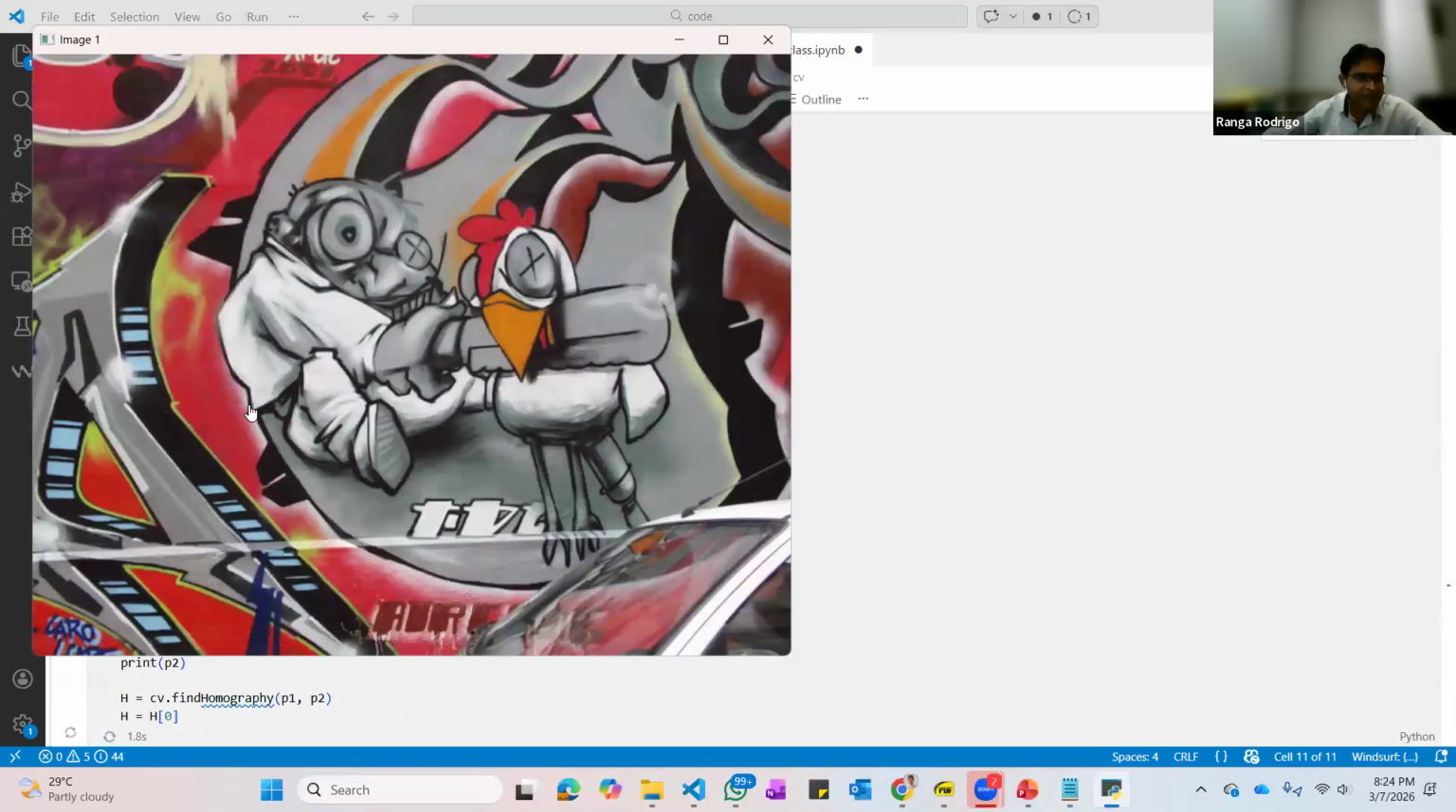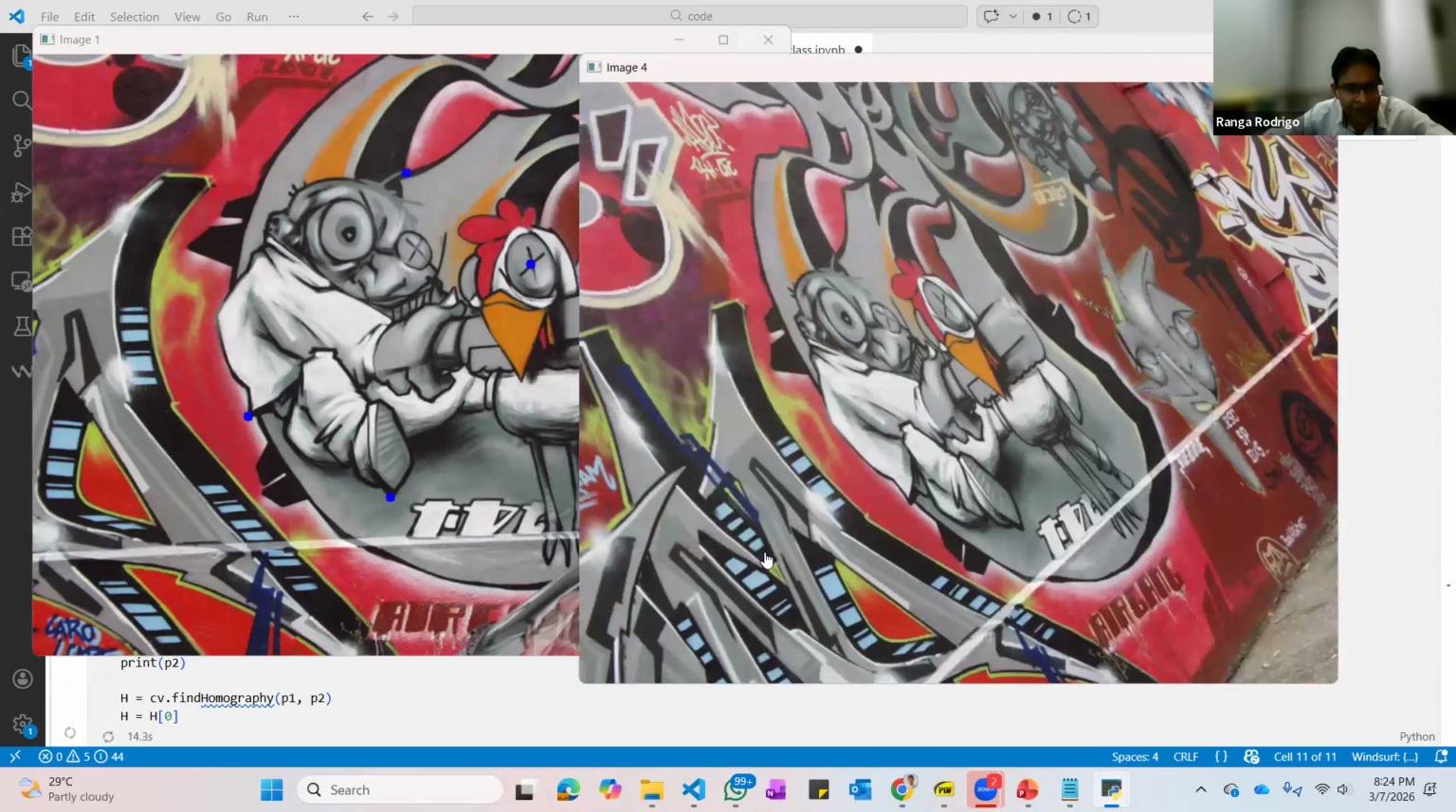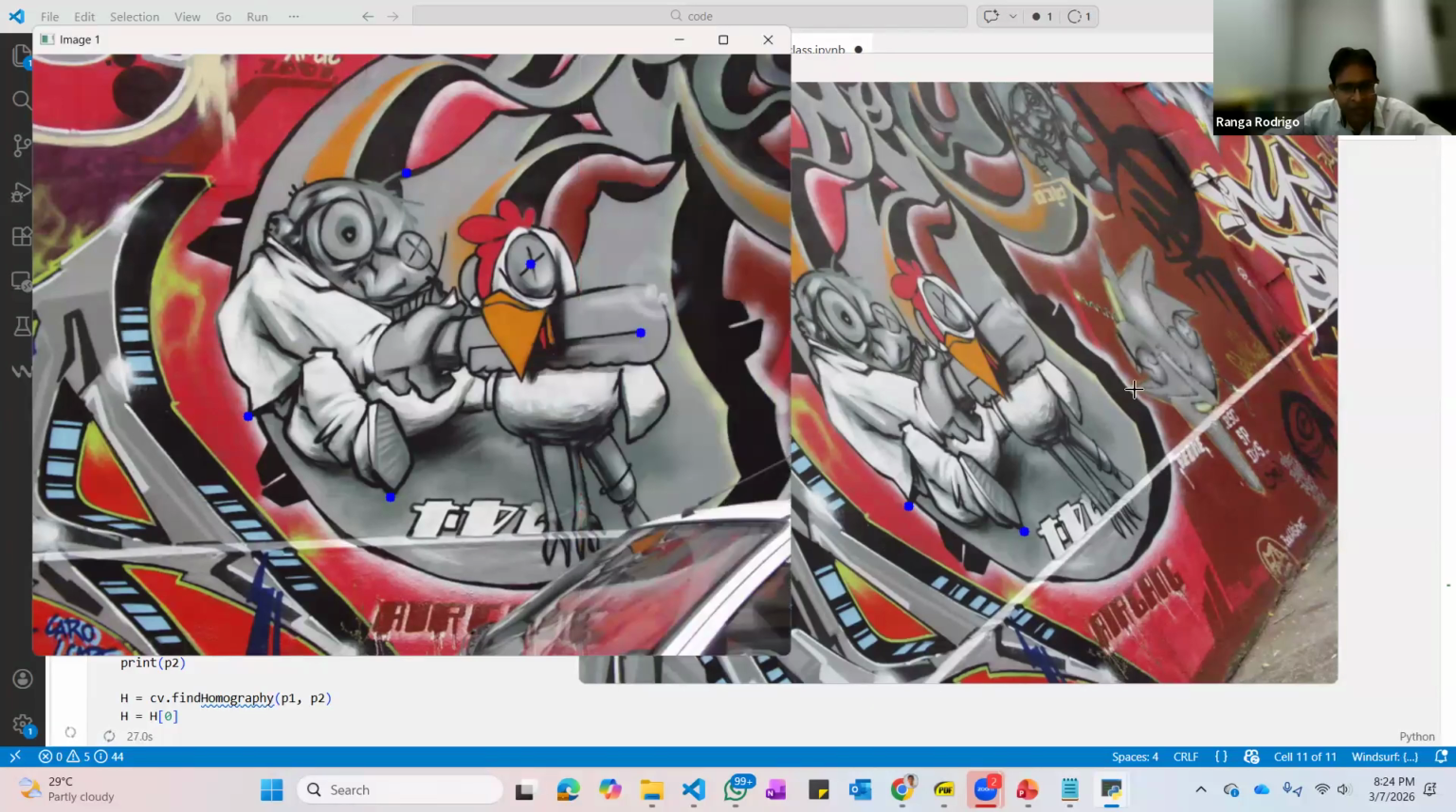So now let's click 4 points. The code 1, 2, 3, 4. Okay, I had to click 5 points. 5. And in the second image also I had to click exactly the same points. 1, 2, very hectic. Next. 3,